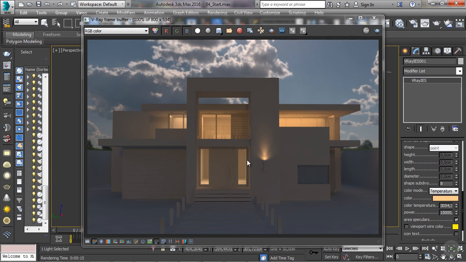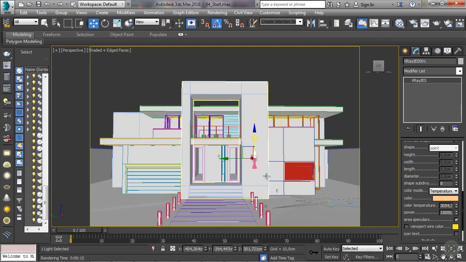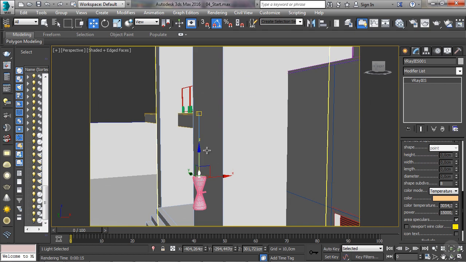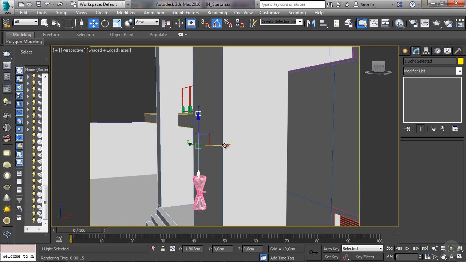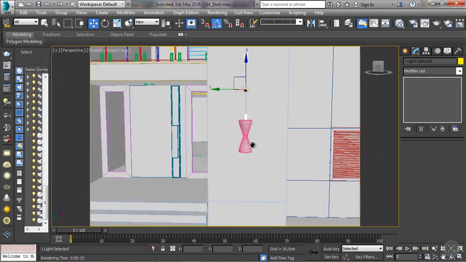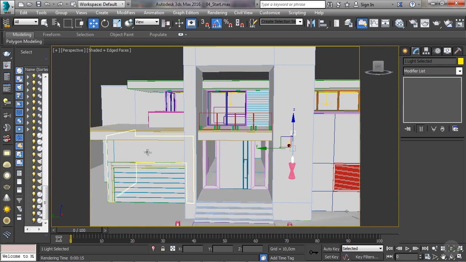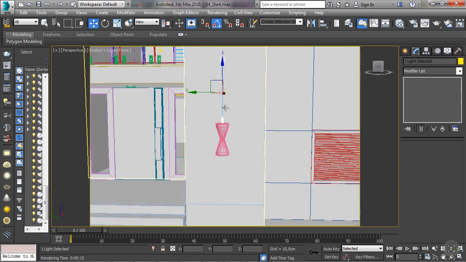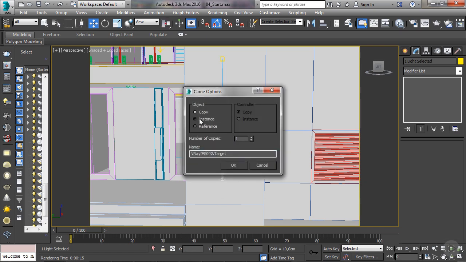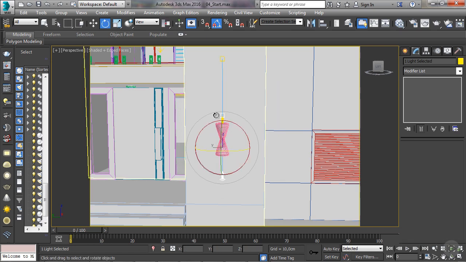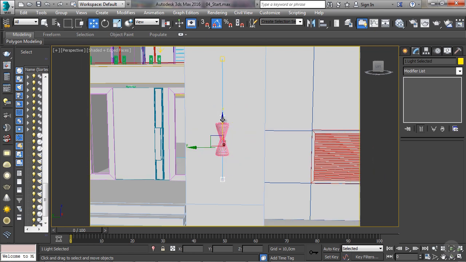So just change a little bit, play with a few IES files, play with a few intensities and colors, and try to get to a point where you're happy with the end result. Also, make sure that the light is not too close to the wall because we don't want this to be blown out. So I'm just going to select this and move this over a little bit. And then you can duplicate this around and duplicate this to the other places. So I'm just going to duplicate this as an instance because I want this to be exactly the same. I'm just going to rotate this 180 degrees, move down,